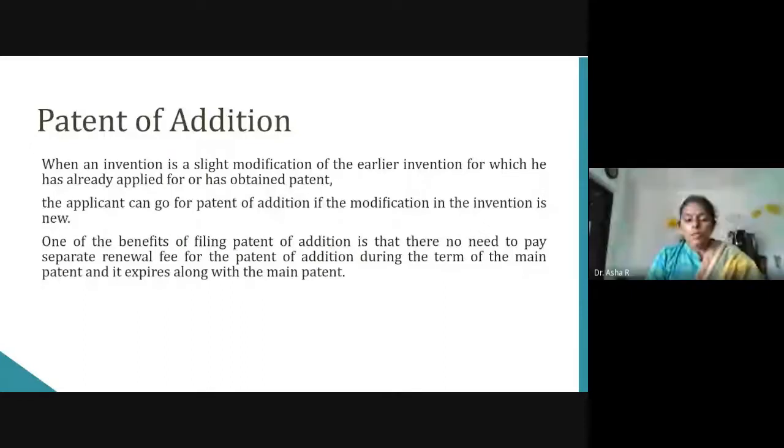So a patent of addition means we have invented something and we got a patent, and after some years we feel that we have to make some modification in the same invention. There is a slight modification in the earlier invention, and I have to get protection for that slight modification. So what can we do? If you file it as a separate application, what will happen? The earlier invention, which you have already filed and got a patent for, will act as